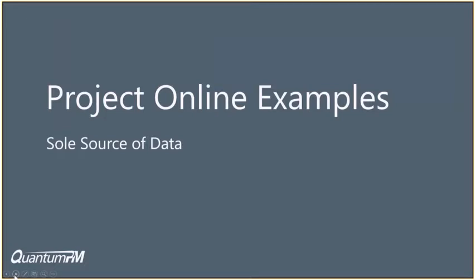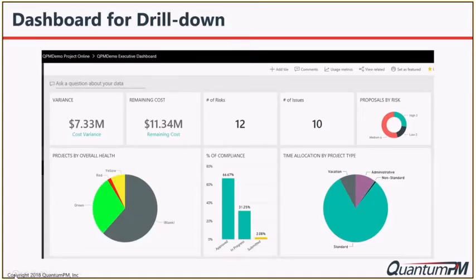So let me give you a few examples here, and then we can go look at live things in the system to show you more about what's going on. What we're looking for in reporting is very intuitive things. So you've got an easy way to get a big picture just in a quick glance at it. I can look at this and say, oh, okay, I see what's going on. I've got this many projects. I have this kind of money involved. I can see what's going on from who's working on what, how well my compliance is going, and so forth.